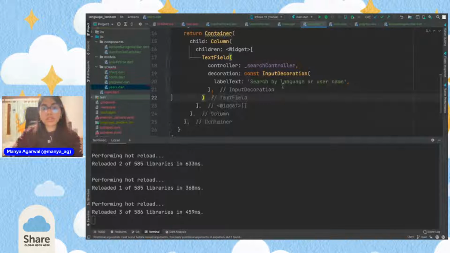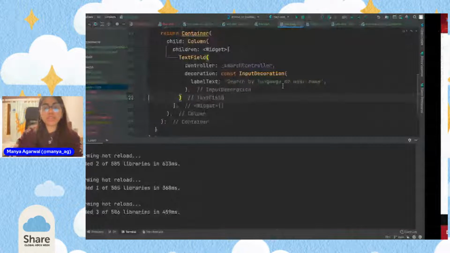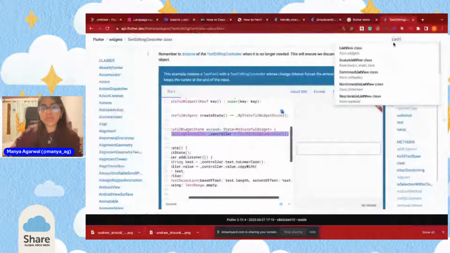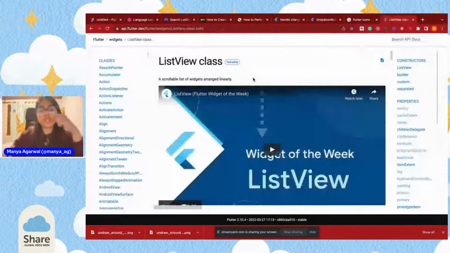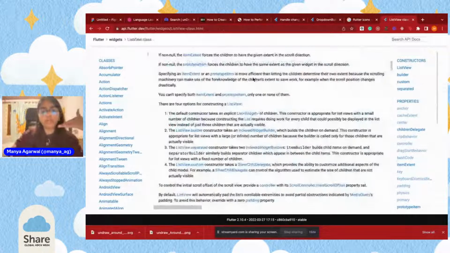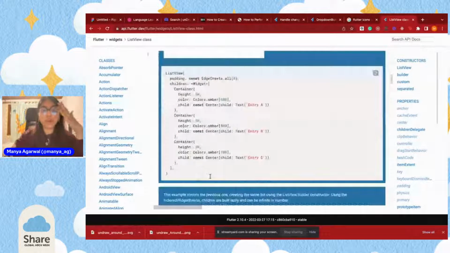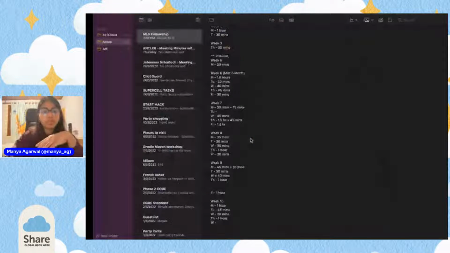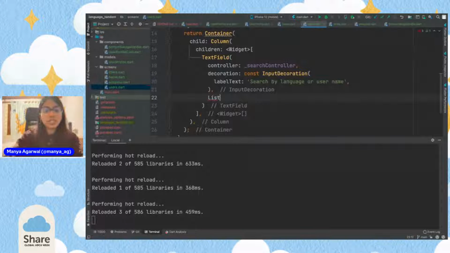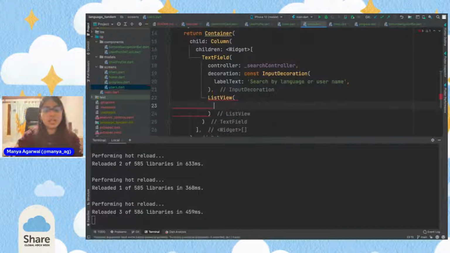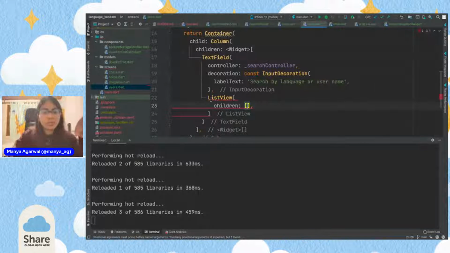Let's come back here and search for list views. We're using the list view class directly because the list view is scrollable by default, so it should make sure that all the entries that we have are scrollable. The basic way would be we just say list view, and then we give it the children, which are going to be some number of